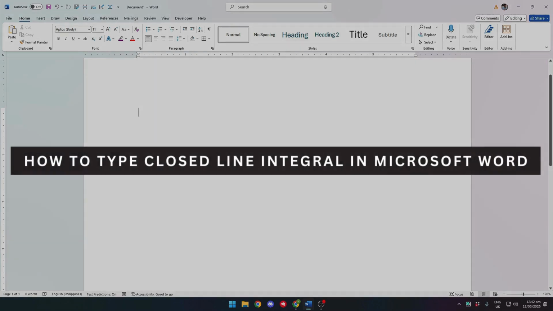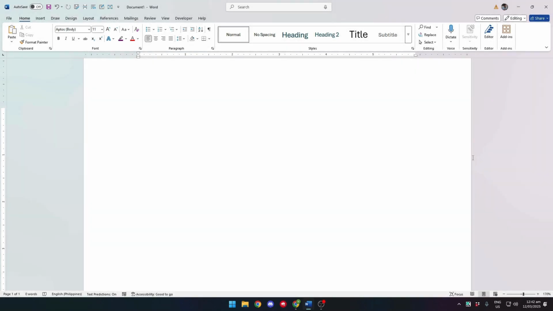Let's see how to type closed line integral in Microsoft Word. First off, we want to open Microsoft Word. And as you can see right here, we have our document ready. Now, first, what we want to do is use the equation function to type in our closed line, or otherwise